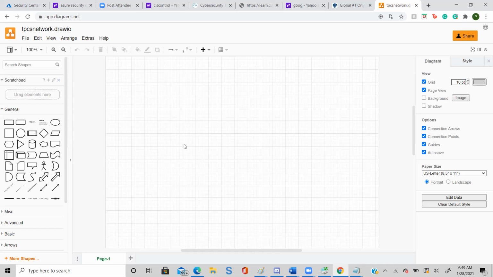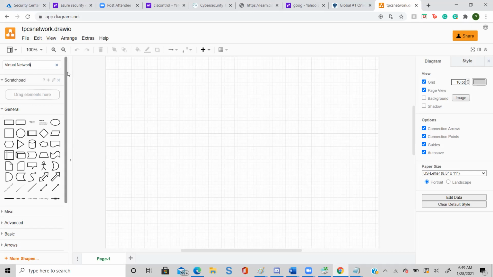On the left hand side, you see on the top there is something called search shapes. Just click inside the search and type virtual network or VNet, whatever you like. Hit enter.